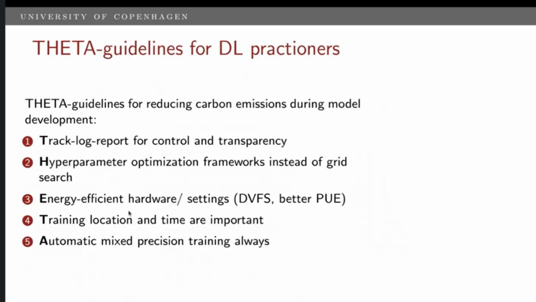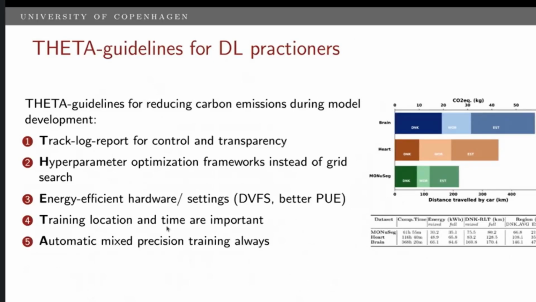And an intuitive point is that training location and time are important. Depending on which power grid you're connected to, the carbon footprint can vary, whether it is coal powered or wind powered. If you are running jobs on cloud instances, then making a choice about this would also be useful. And recent frameworks like TensorFlow and PyTorch allow what is called mixed precision training. By default, all weights are in 32-bit precision, but you can reduce the precision to say 16-bit, and then immediately get large gains